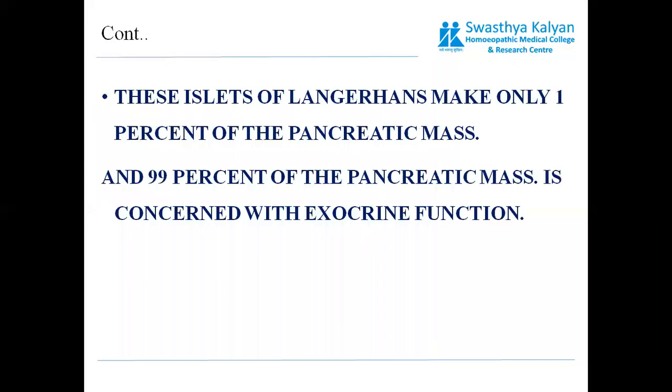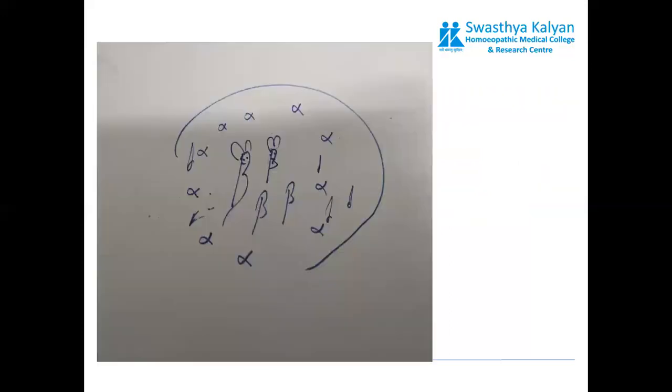Now, what type of hormones are produced by these different types of cells? We have to focus on this. This was the typical structure of one islet of Langerhans. You must remember this structure. This structure is depicting the position of the different types of cells. This is the typical structure of one islet of Langerhans, depicting the different positions of the four cells. And we have more than 1 million islets of Langerhans.